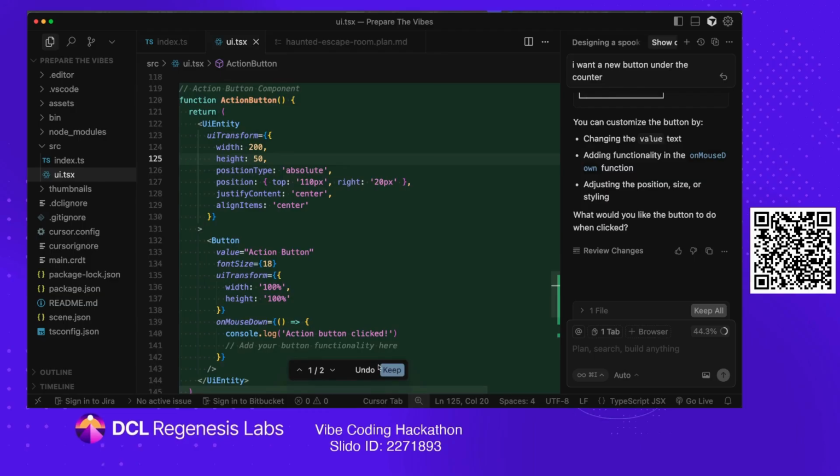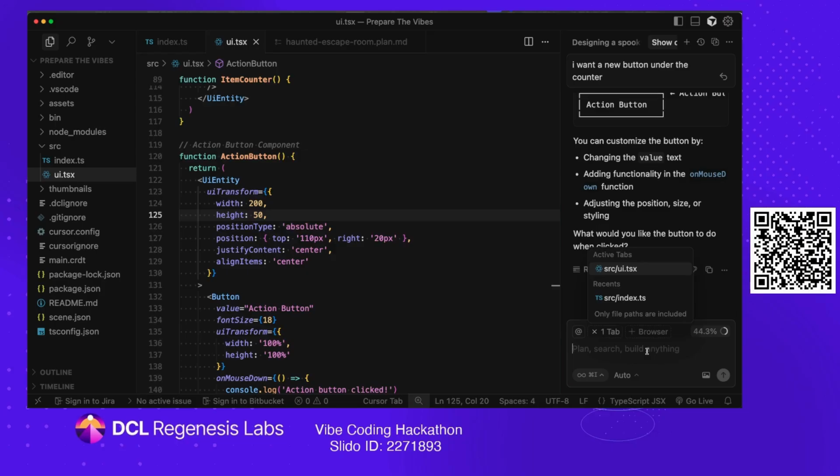Now watch, if I undo it, it'll delete all of it. And so I can accept that, and now I can move on. You'll notice there are no changes. Nothing happened. The scene didn't reload because it was already saved. And I'll say, now every action button add one to counter, right? So now we're linking our two UIs up, and you'll notice it's removing some stuff and added one thing, right? And if I go back,